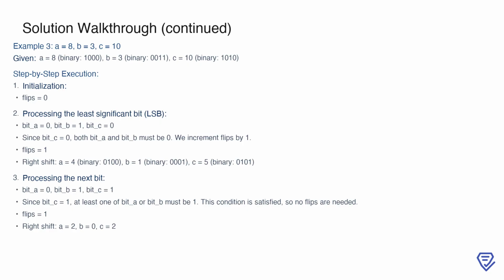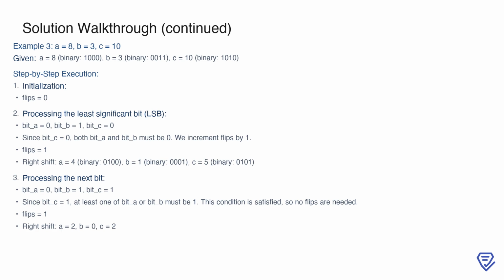Processing the least significant bit, we find bit_A is 0, bit_B is 1, and bit_C is 0. Since bit_C is 0, both bit_A and bit_B must also be 0. Here, bit_B is 1, so we increment flips by 1, making flips equal to 1. After a right shift, the values become A is 4, binary 0100, B is 1, binary 0001, and C is